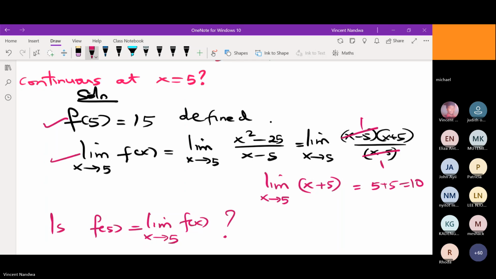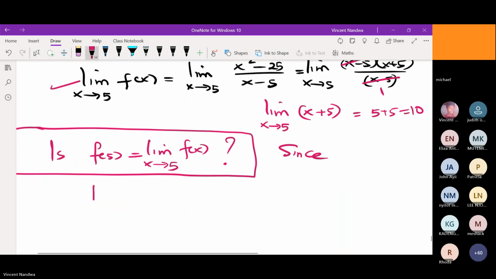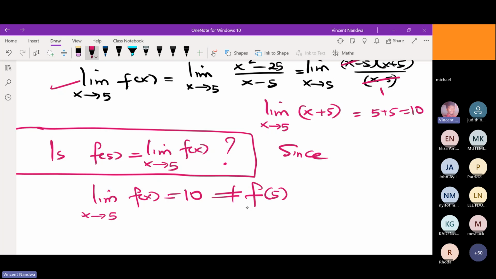No, they aren't. So since the limit as x approaches 5 of f of x, which is 10, is not the same as the value of the function at 5,